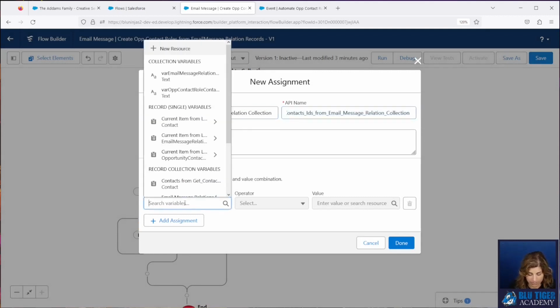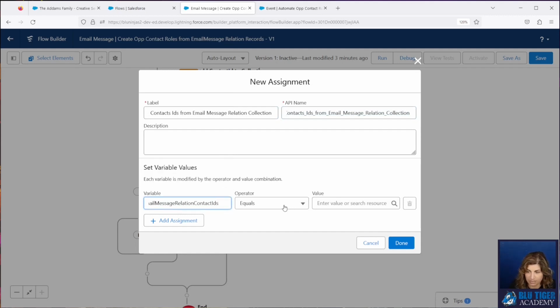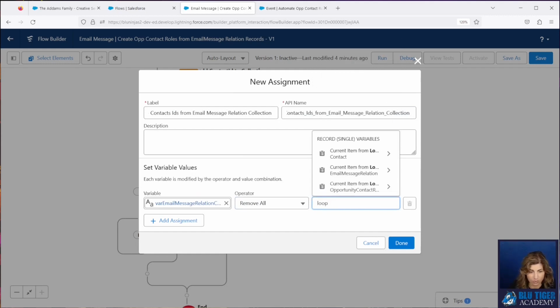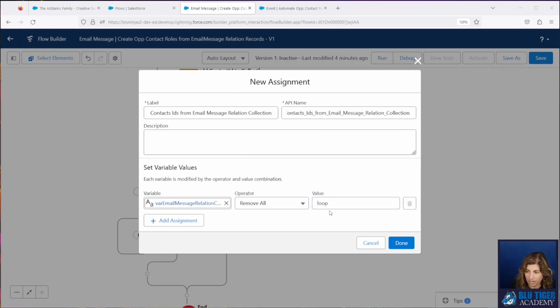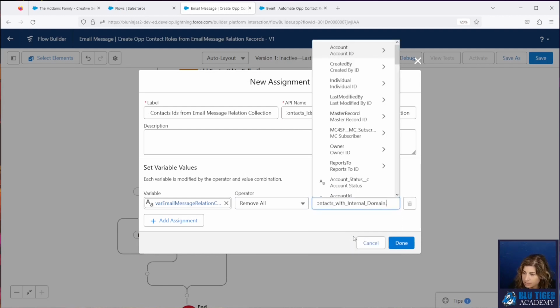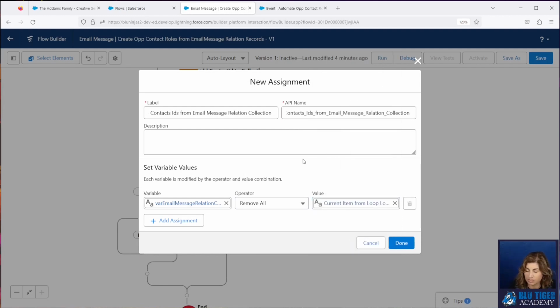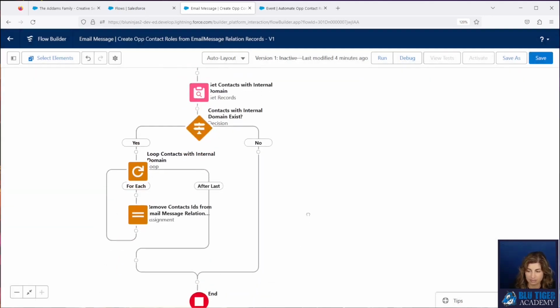Okay, so we're going to do our email message relation collection, and we're going to remove the ID of the contact here. Okay, so if somebody has an internal domain, we're going to remove them from our email message relation contact list.